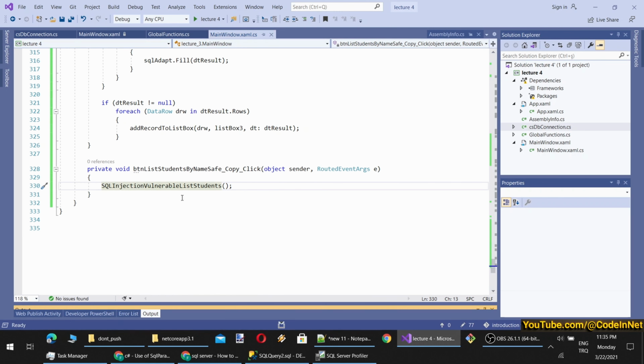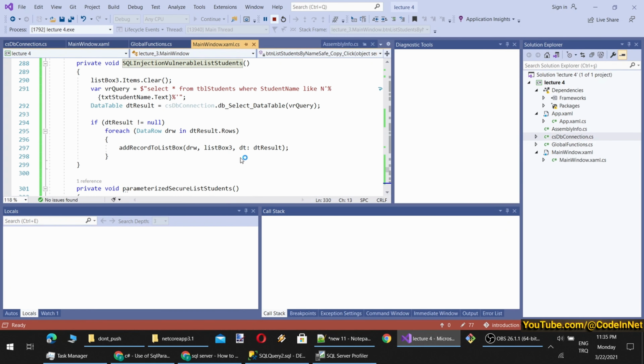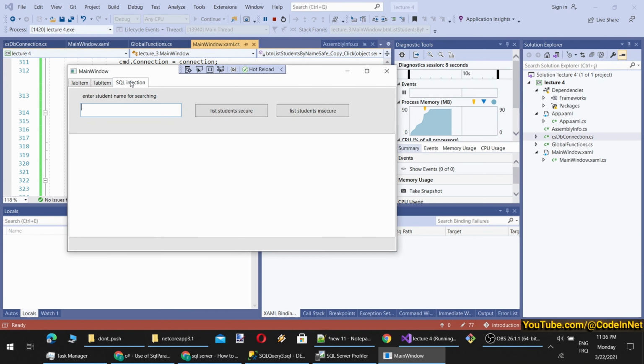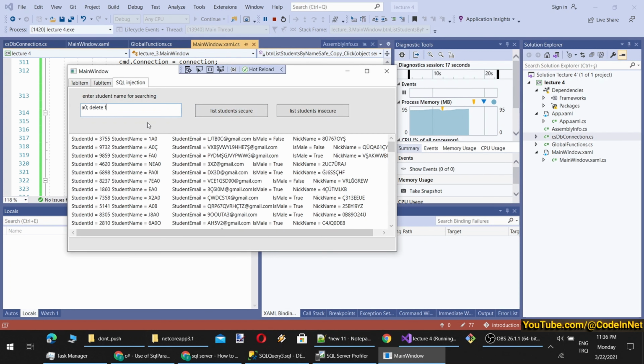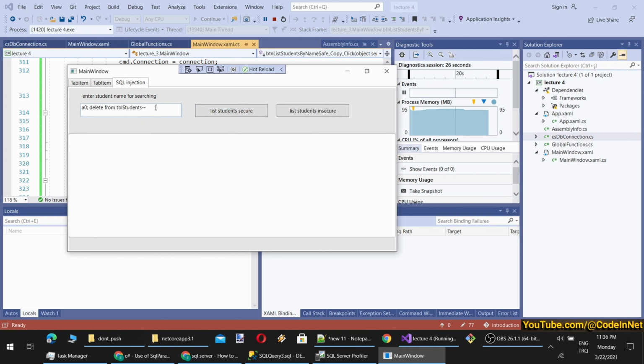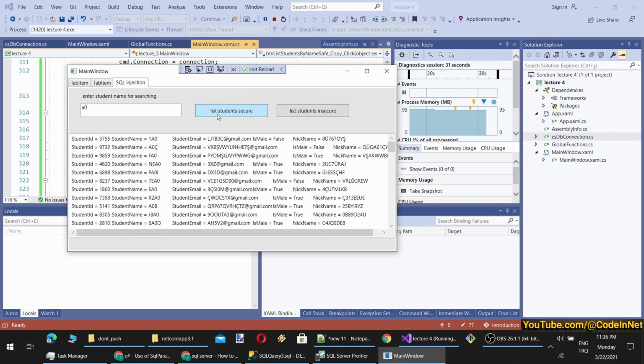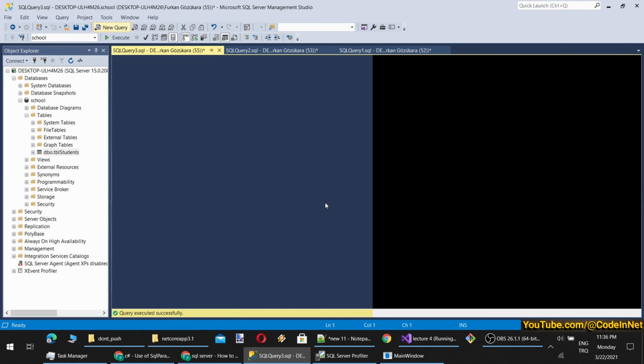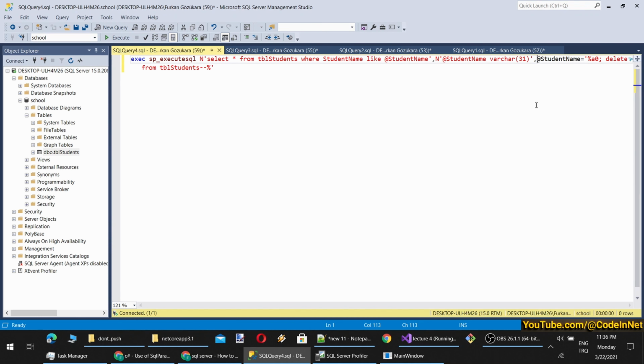And what we are going to do is simply take this element here. So now let's rerun. Oh, we have forgotten to reset the box. Okay, let's add them here. So let's try. I will first try the secure one. List student secure, working, delete from TBL students and comment. Okay, so it is working. And when we remove it, I think we can guess. Yes. When we check the SQL Profiler, let's see how it is being executed here. So, okay, what is the key point here?